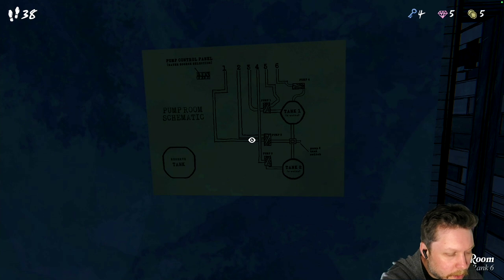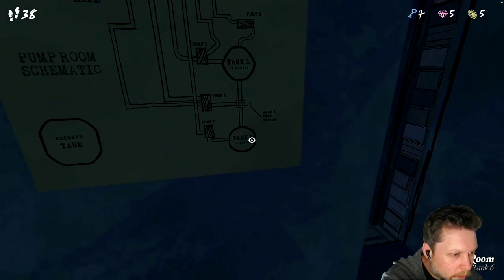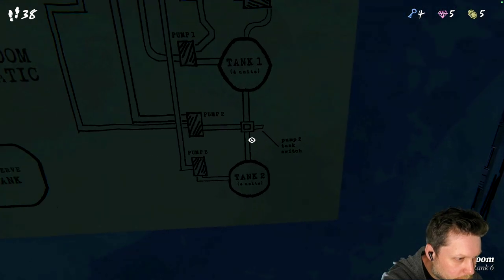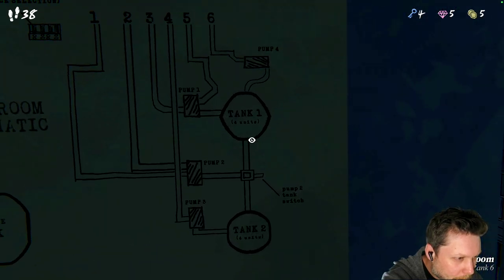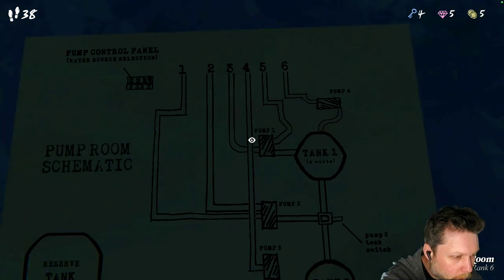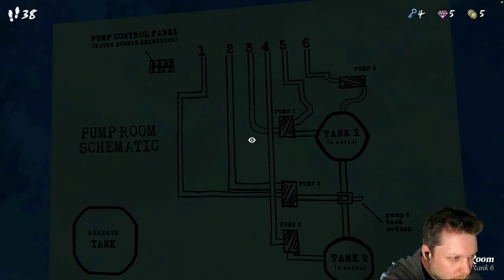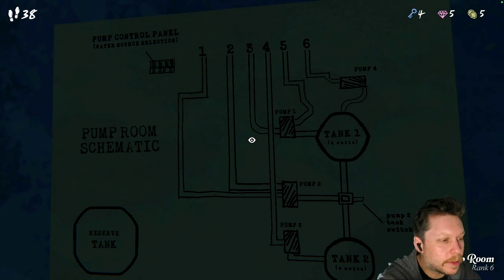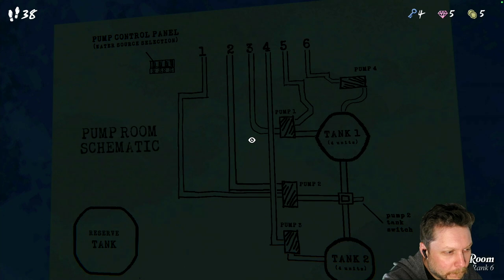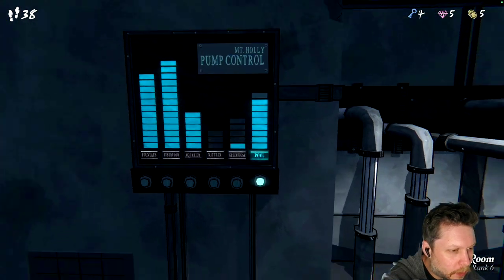Okay, tank 1, tank 2. Yeah, so pump 1, tank 1. Pump 2, tank 2. Pump 2, tank switch. Got it. Oh, this is pump 4. 6. Water source selector. So if I say water source pool,